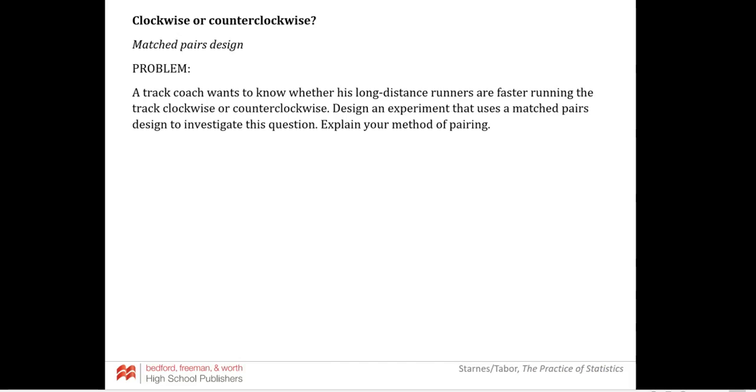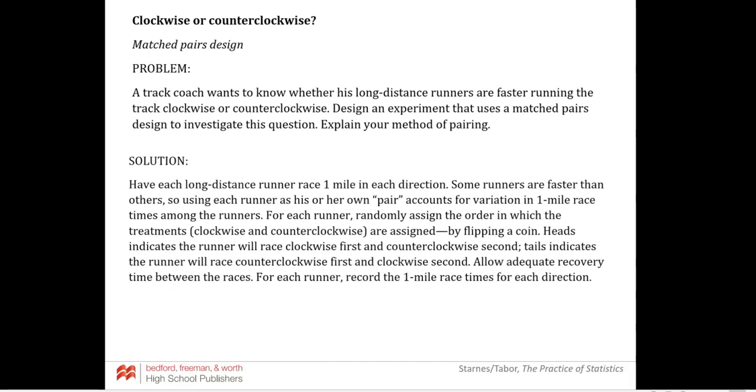What I'm thinking is maybe we do a matched pairs with themselves. So each runner runs one lap clockwise and one lap counterclockwise, and we time them. Formally, each long distance runner races 1 mile in each direction. Some runners are faster than others, so using themselves as the pair accounts for less variation. But it is very important that for each runner we randomly assign the order, and it's okay to just flip a coin or something